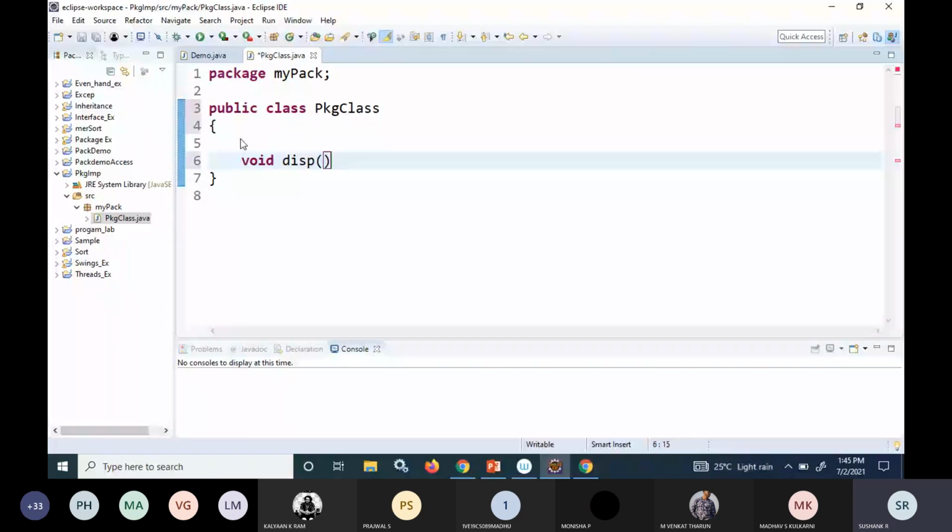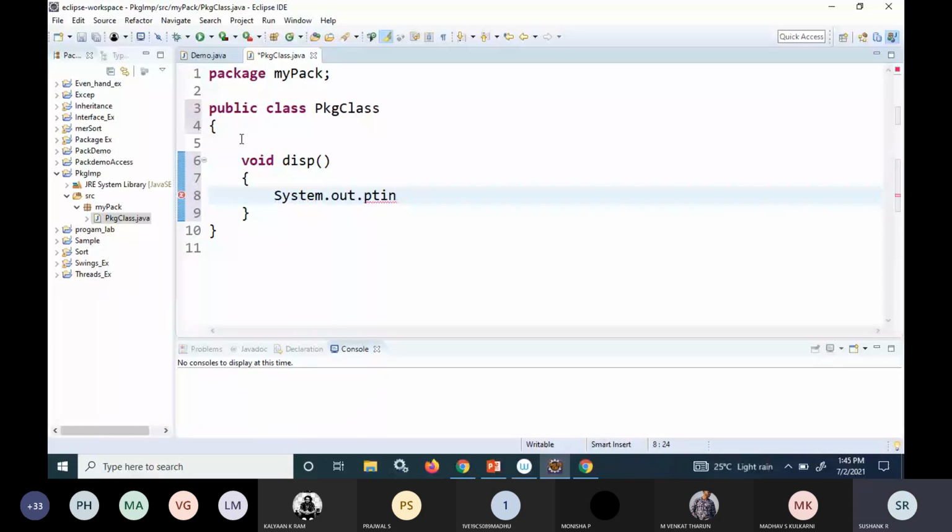It will just display some output like System.out.println. So I've just written a class. I just declared a class called package class. It will contain a function called display function.